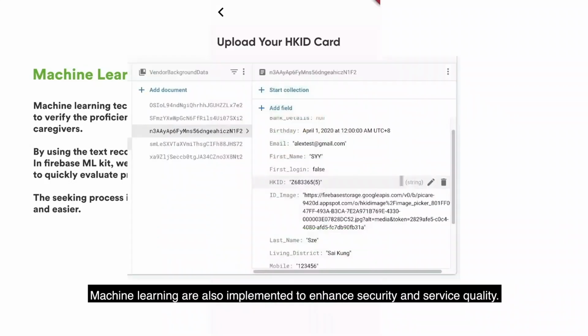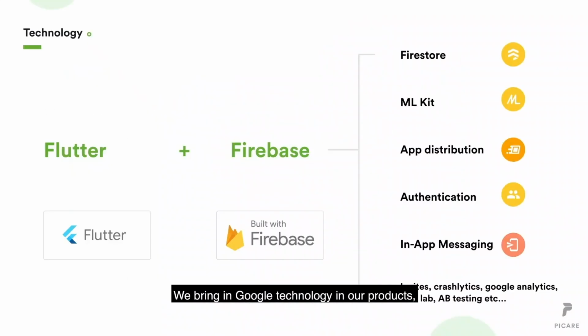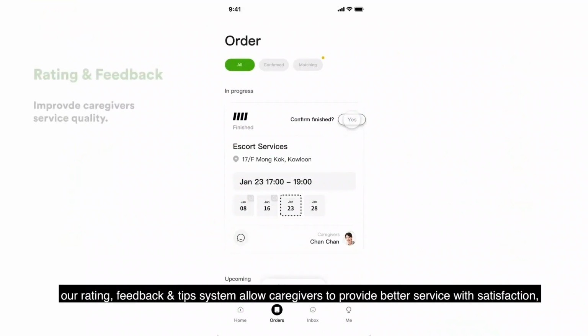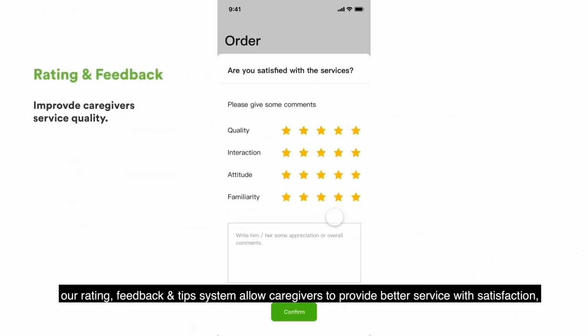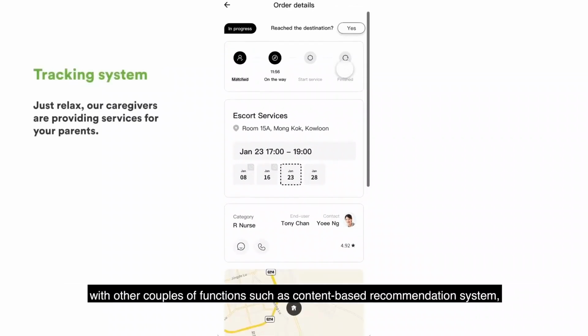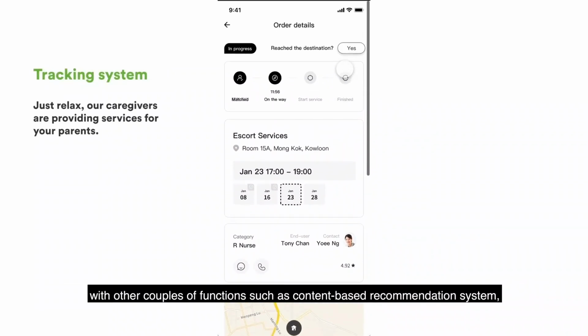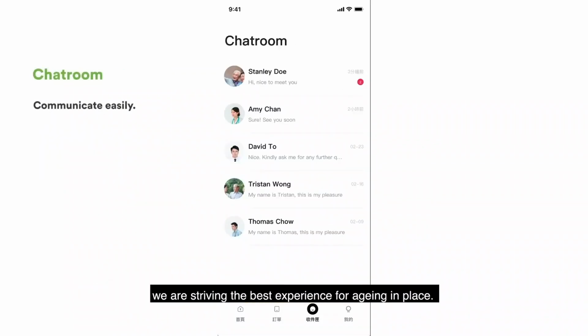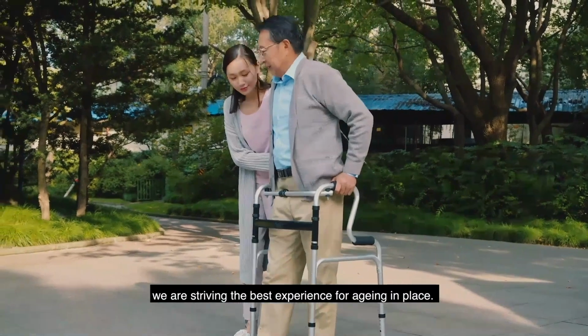Machine learning are implemented to enhance the security and service quality. We bring in Google technology in our products. Our rating, feedback, and tips system allow caregivers to provide better services for satisfactions. With other couples of functions such as content-based recommender system, we are striving the best experience for aging in place.